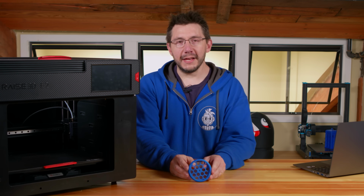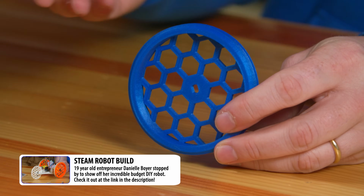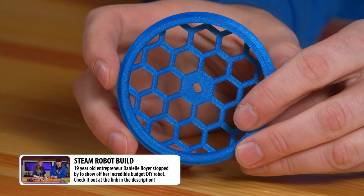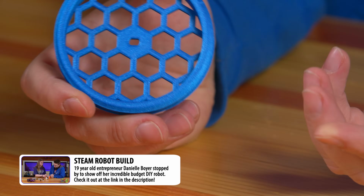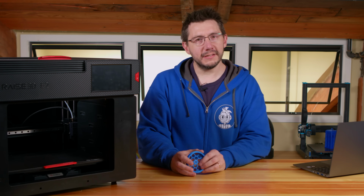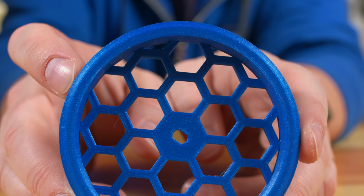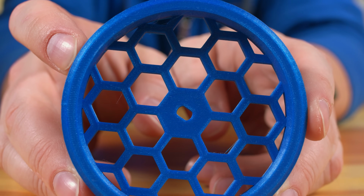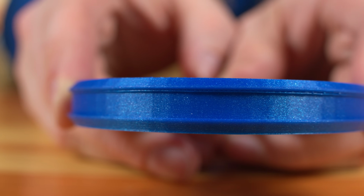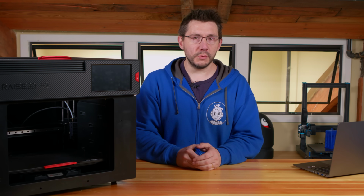There we go. We printed this. Sticking with the High Five Blue, remember Danielle, who has the Steam connection and has her Every Kid Gets a Robots electronics kits. This is one of the wheels from that. I had the STLs. I thought I would give it a try, and the machine, it's slippery. But the machine reproduced the honeycomb sort of structure that's on the inside, and the sidewalls look really good. I like Danielle. She was incredible to talk to, and I'm going to do my best to support her efforts